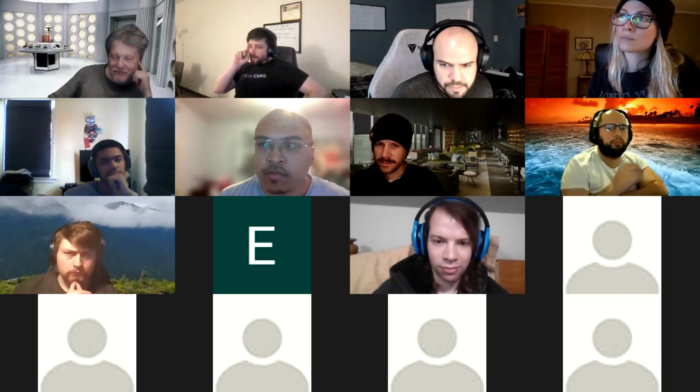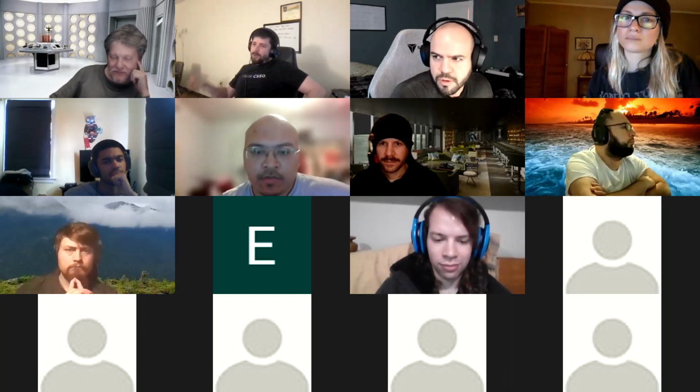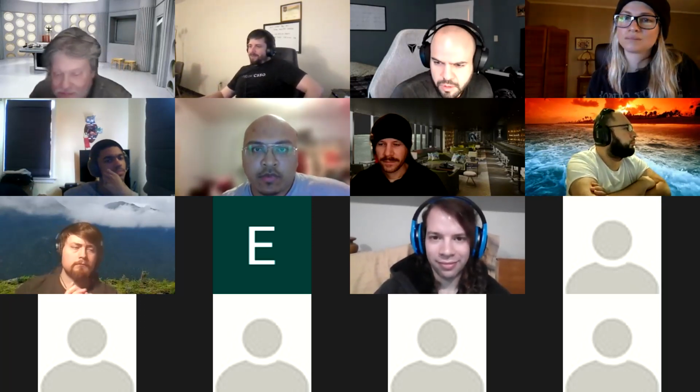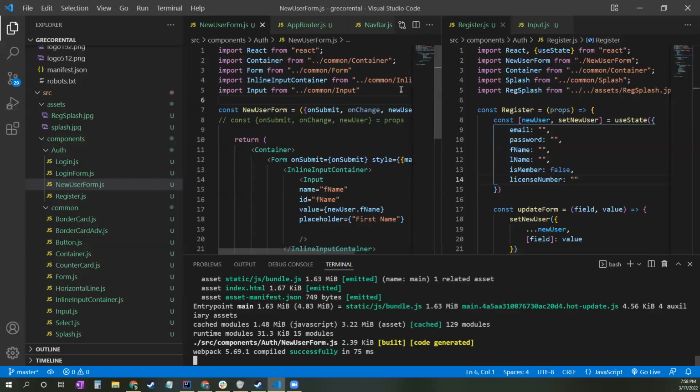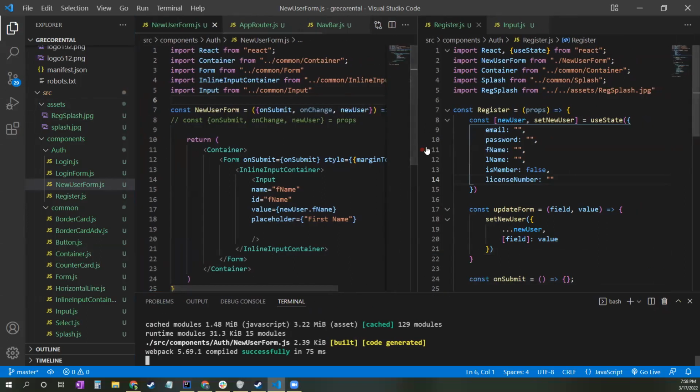Is anybody else's form allowing you to type, or does everyone else have the problem of not being able to type? Mine's not working. I can still type in mine. I cannot. So scroll down on the right, make sure first that everything on the right is correct